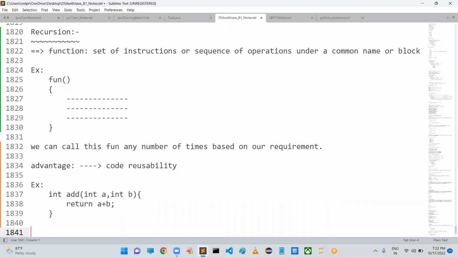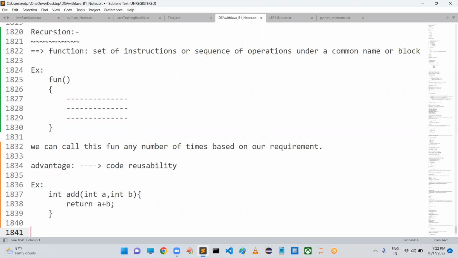We have to pass two values, a and b. It takes these two values, performs the calculation, and finally returns the result. That is the advantage we have with functions.